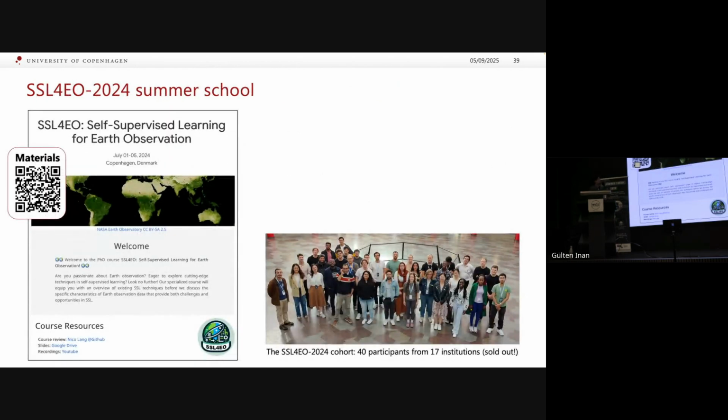Okay, so this is, Tom mentioned it before, this was a summer school we organized last year in Copenhagen. It was focused on this self-supervised learning for Earth observation data, and we recorded all the talks, so you can find it on the website or this QR code. And there's also all the code available there if you want to get started with some of these pre-training strategies. So have a look there.